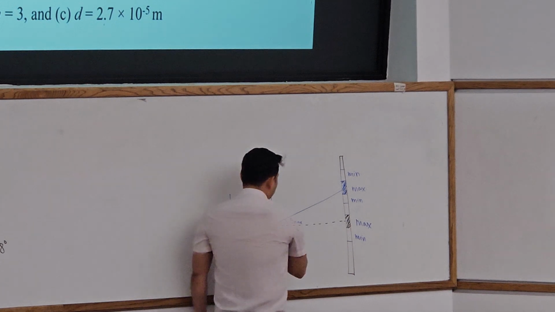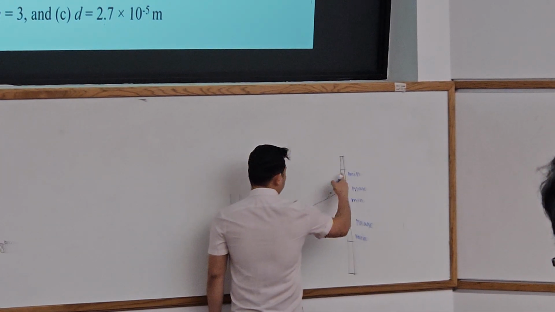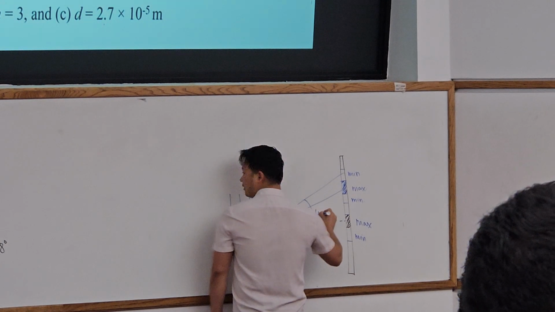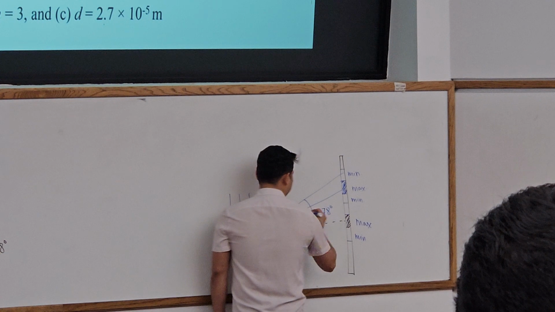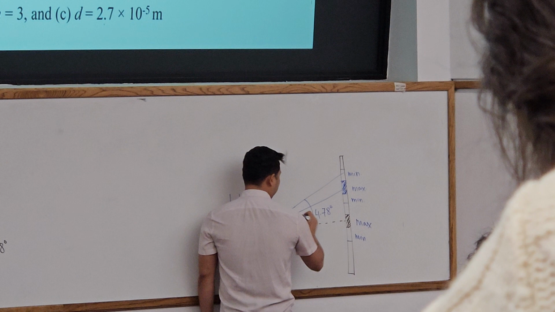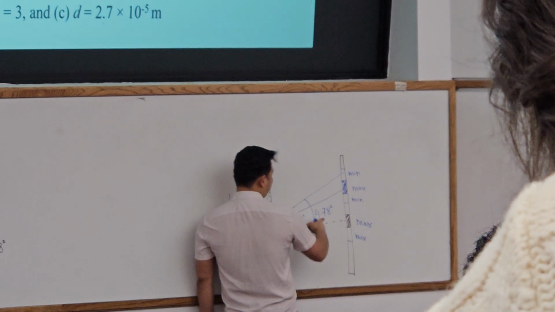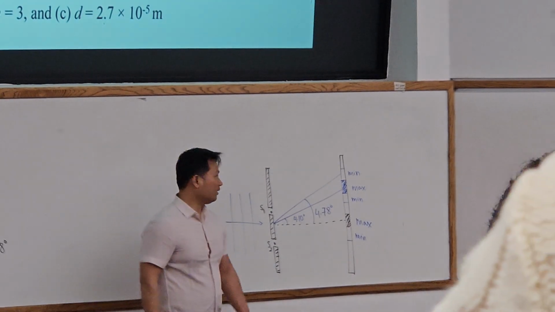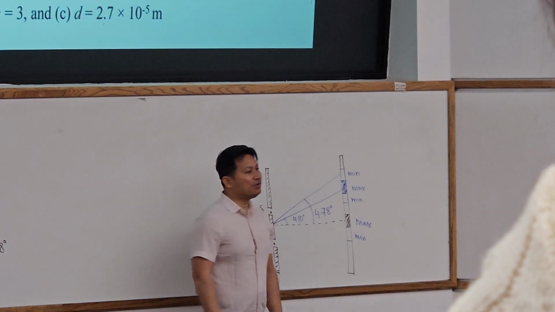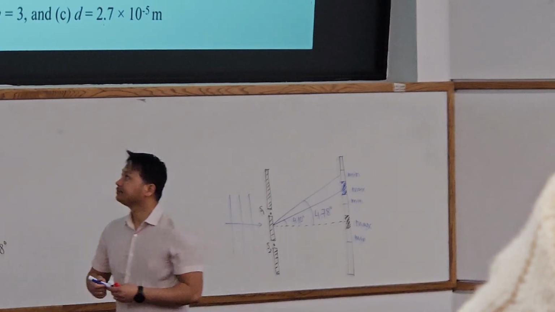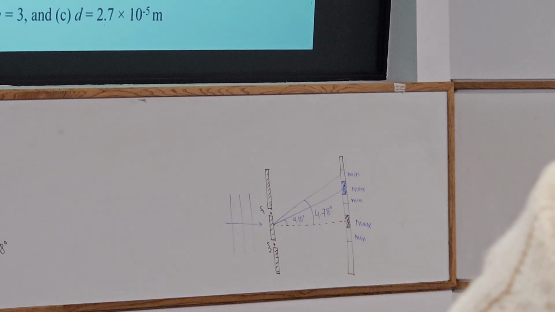If you consider this minima, the angle will be smaller. So we are talking about this minima, because if you do this one, this angle is going to be 4.78 and this angle is going to be 4.10. Because the angle is given bigger than 4.10, you have to consider this minima. If you consider this minima, I think you will get the wrong answer. Okay? So this is identifying which maxima or minima you have to take.